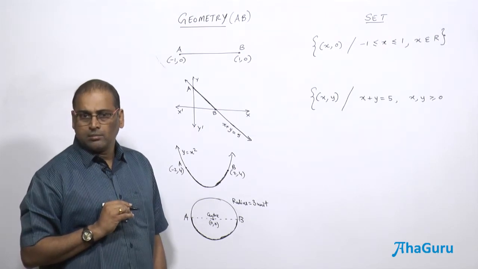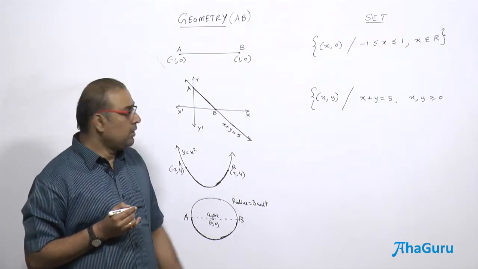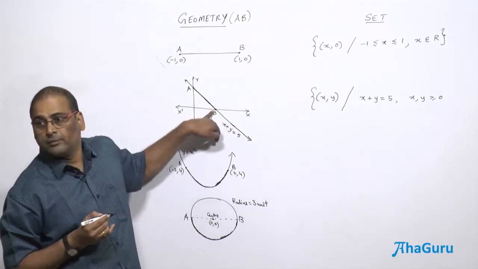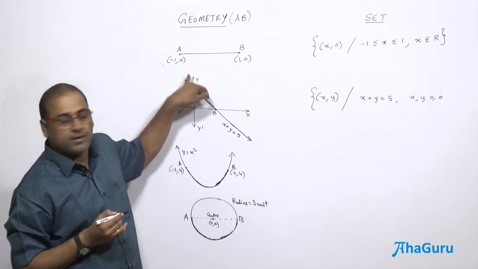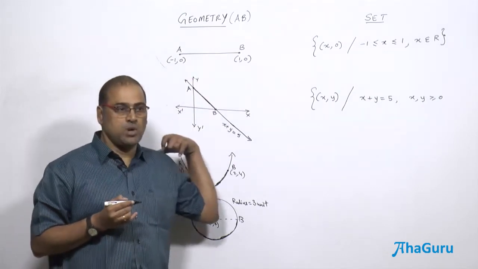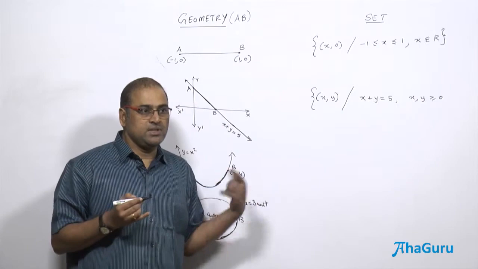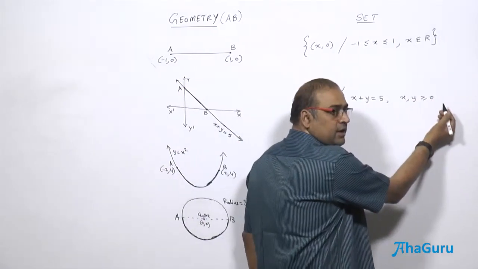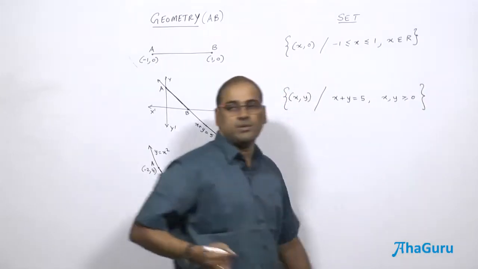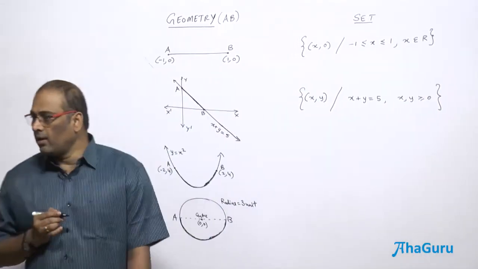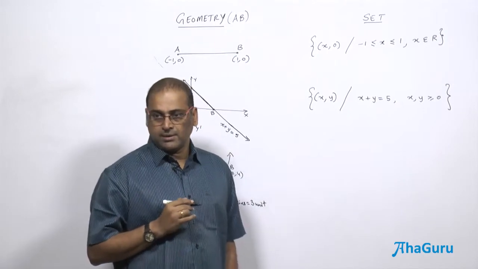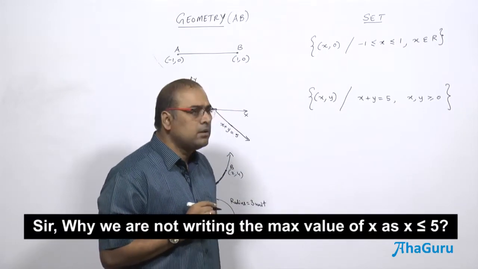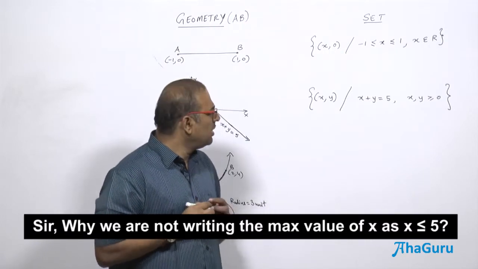Agreed or not? Both greater than or equal to 0, because you have an end here, this fellow is going to be (5, 0). That fellow is (0, 5). So in between, it's going to be in the first quadrant, so both will be positive. It's not negative. Again, if you want, you can write x, y belonging to real numbers, or you can just close it, because the inequality automatically goes for reals. Otherwise complex.